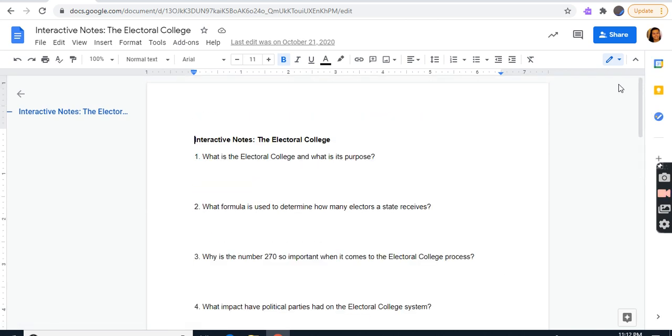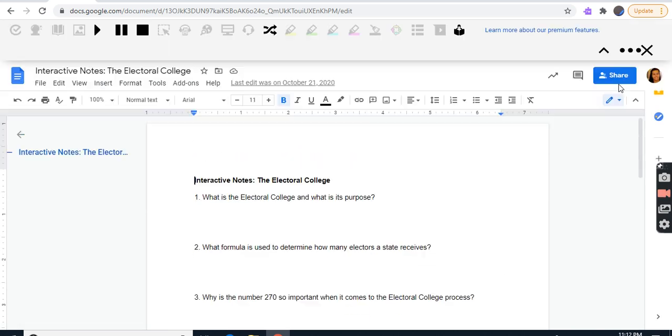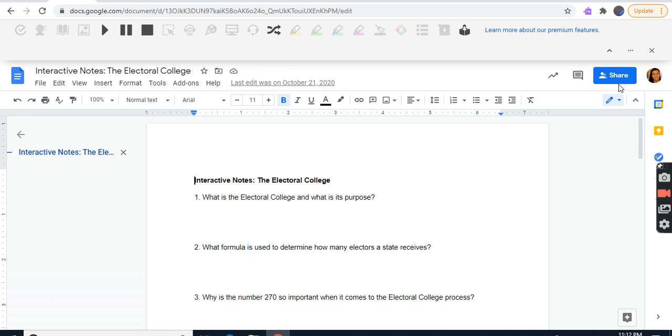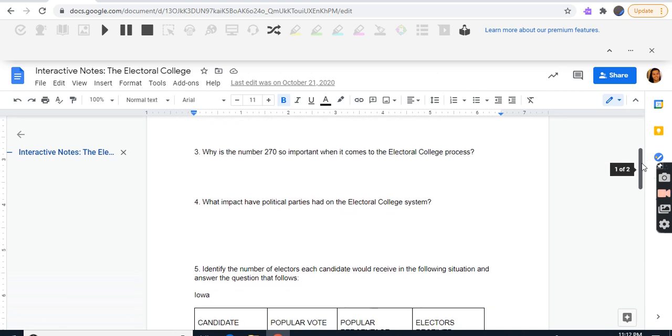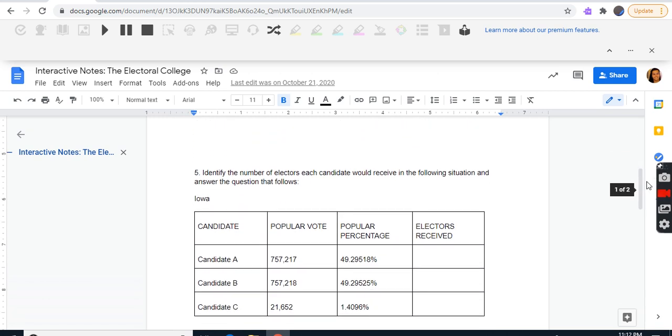What is the electoral college and what is its purpose? What formula is used to determine how many electors a state receives? Why is the number 270 so important when it comes to the electoral college process? What impact have political parties had on the electoral college system? Identify the number of electors each candidate would receive in the following situation, and answer the question that